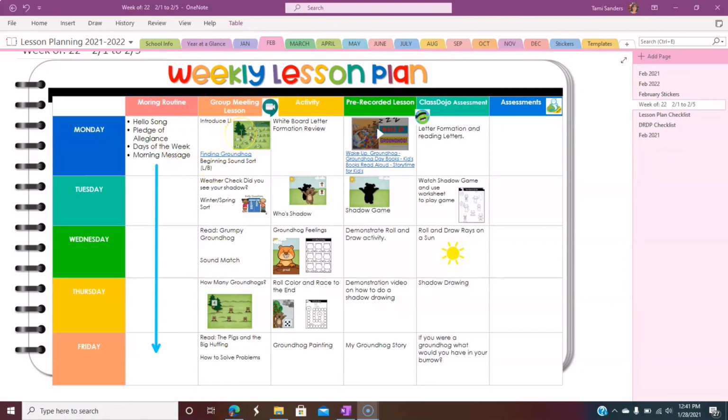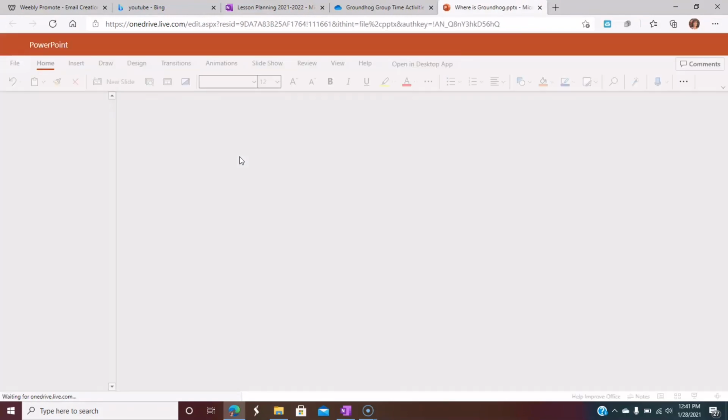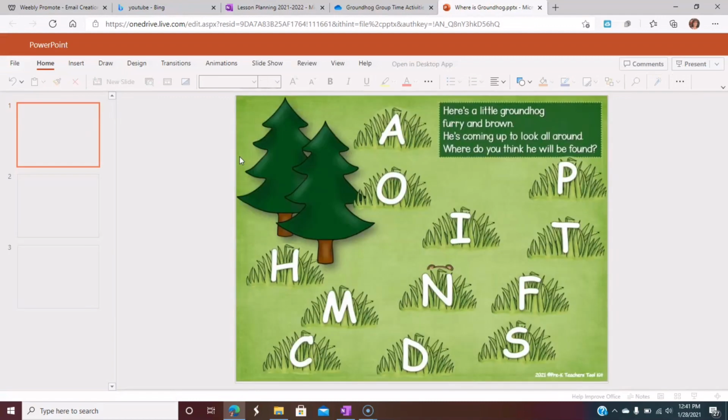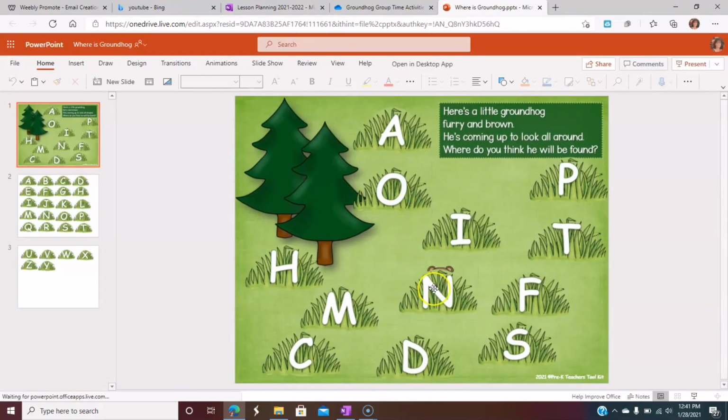We're going to be looking for the little groundhog hiding behind letters. And what I like about OneNote is I can link things to my OneNote. So if I click on my OneNote, it's going to bring me up to my activity that I have already linked to it. And I can go in and I can play the game right away with the kids. So if we're looking for Mr. Little Groundhog and we read our little saying,